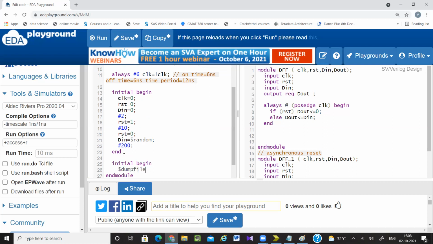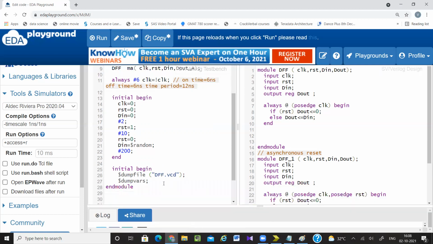So $dumpfile, it will generate a waveform. Here d flip flop dot vcd, then $dumpvars. Now here, if you have remembered in the combinational circuit, whatever the delay, just forget about